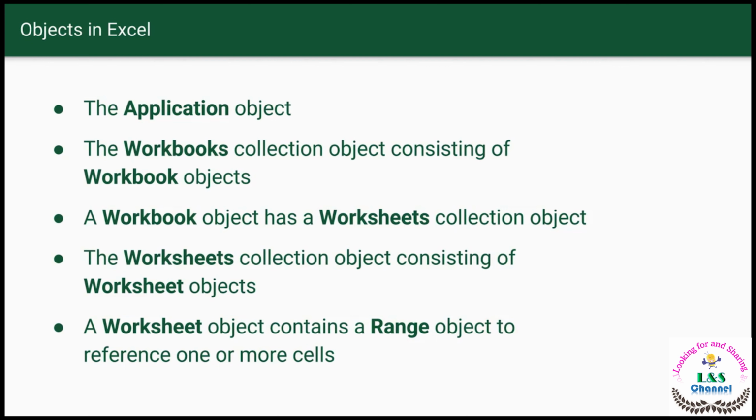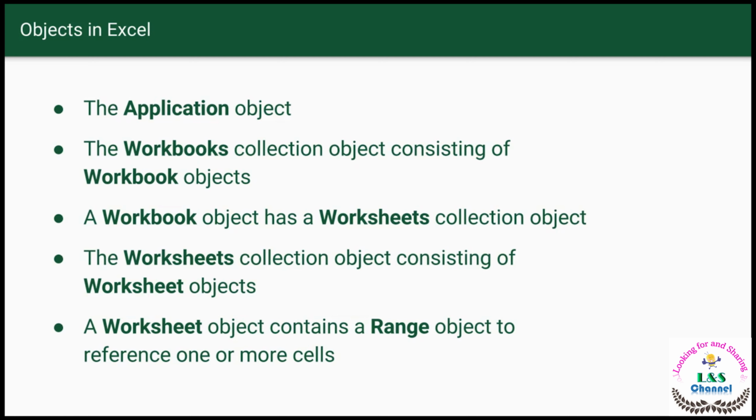This is just one kind of blown up example. But you can see here this idea of the hierarchy. You can almost think of it like an ancestry diagram where you have parents and children. Application is the parent of this nested object called workbooks, and then workbooks is the parent of each one of these workbook objects. And this relationship continues further and further down. We're nesting it. We're kind of hiding these objects within other objects, and we're proceeding down this hierarchical chain until we get to the specific object that we want to work with,